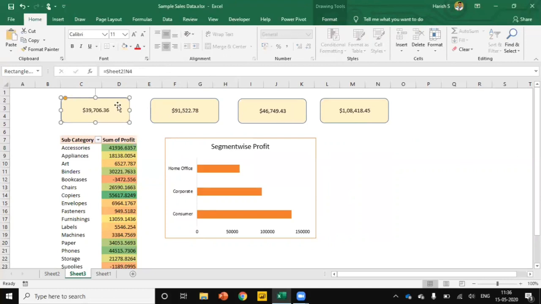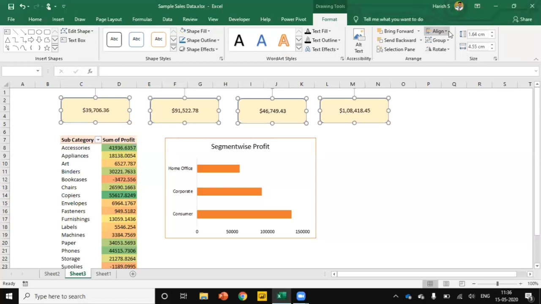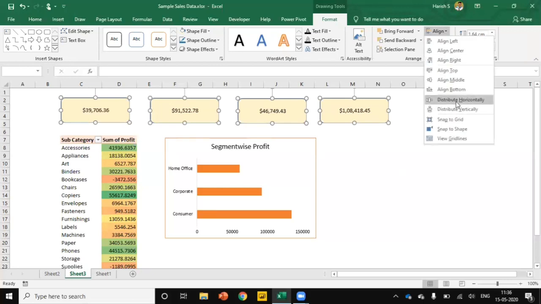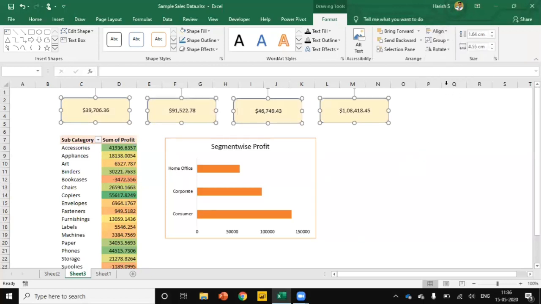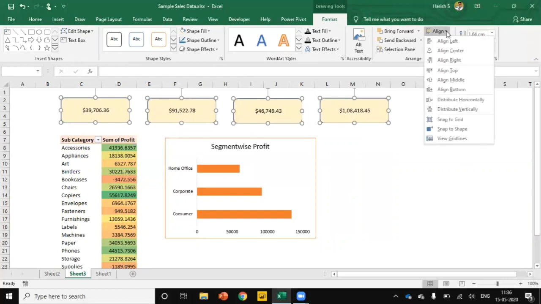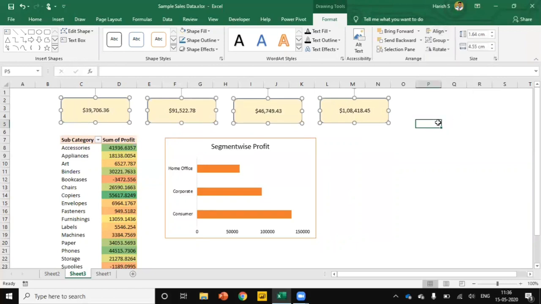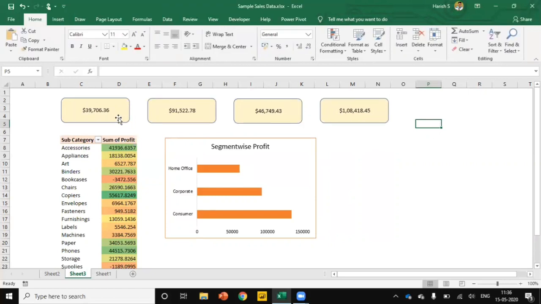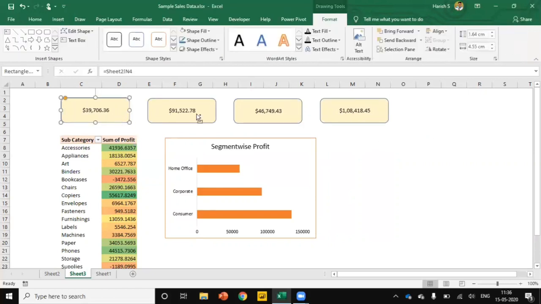Just select any one of the shapes and then press the Ctrl key. Select all the shapes. Go to Format. Under Align, click on Distribute Horizontally, and under Align, also click on Distribute Vertically, and then select again.